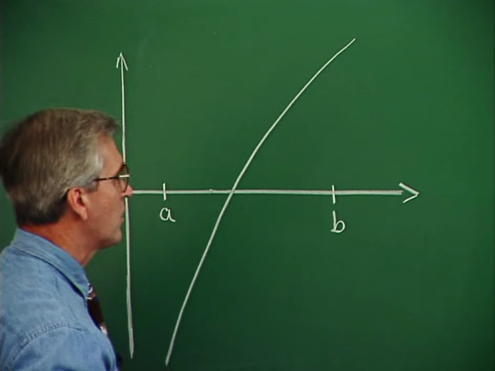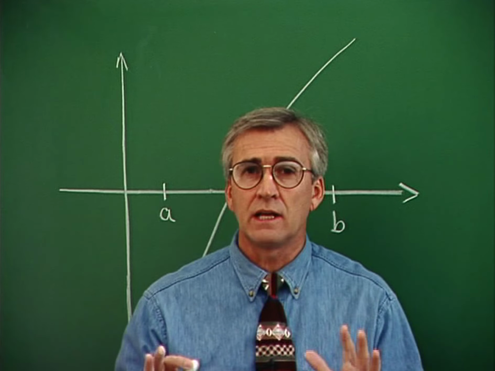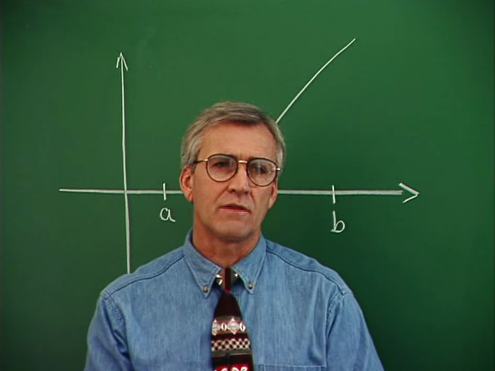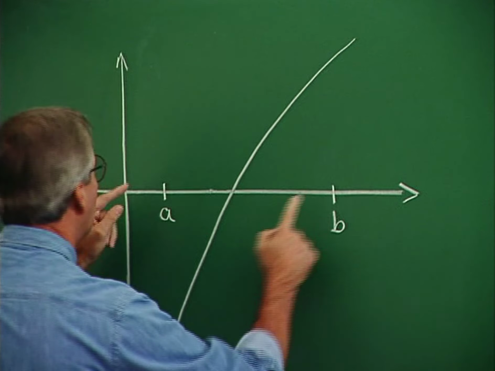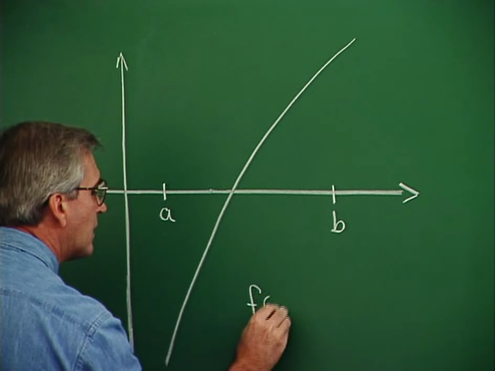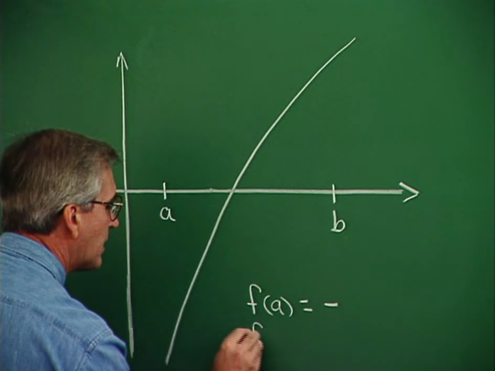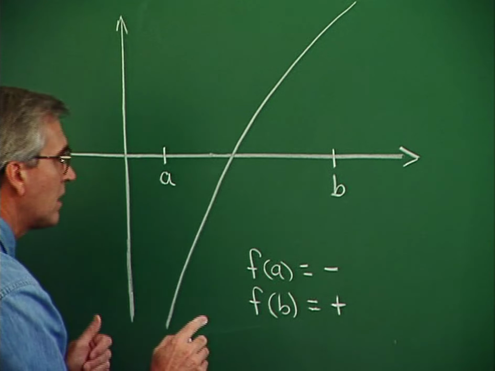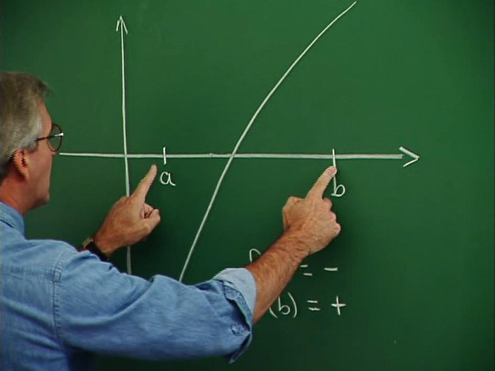Now, one of the techniques that was discussed when we couldn't find those zeros easily by factoring and other methods, a lot of times we would resort to a kind of hands-on method of bisecting intervals. For example, if we notice that we can calculate f(a), and f(a) turns out to be negative, and f(b) turns out to be positive, then we know by the intermediate value theorem, since we have a continuous function here, that we have a crossing in the interval between a